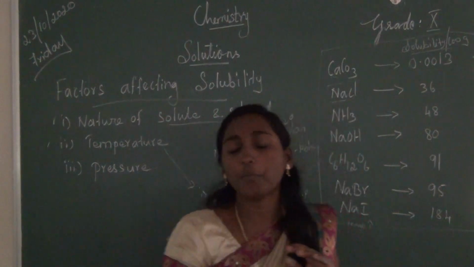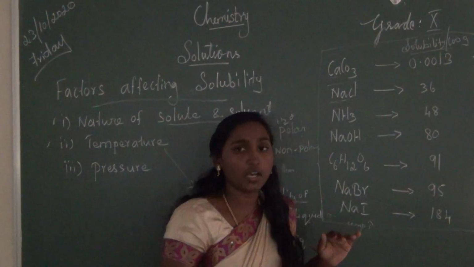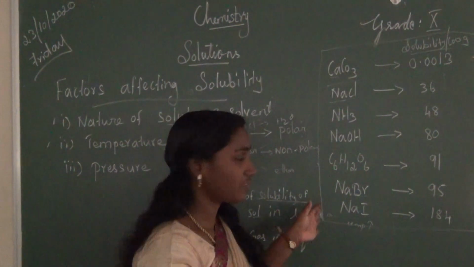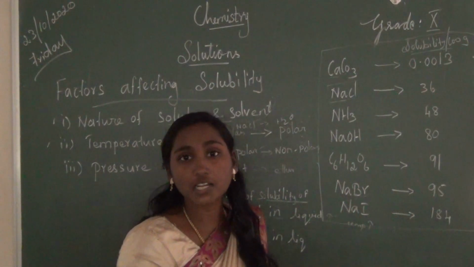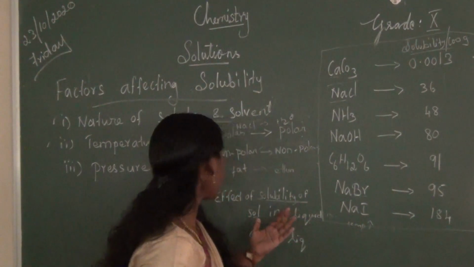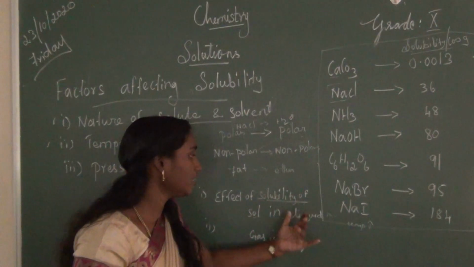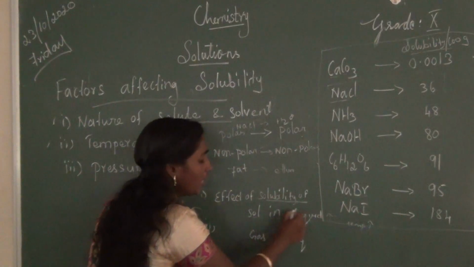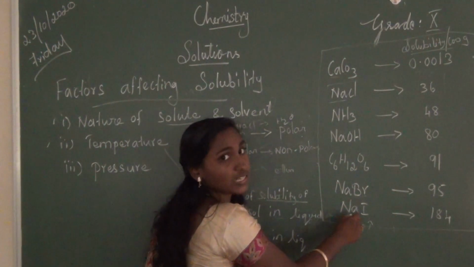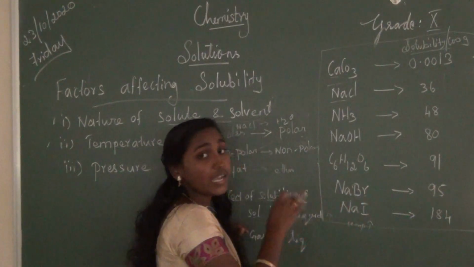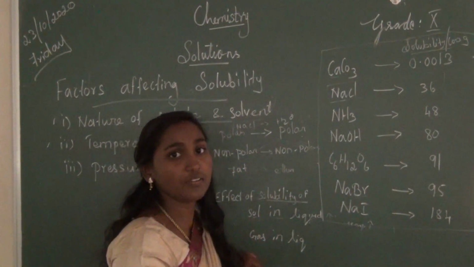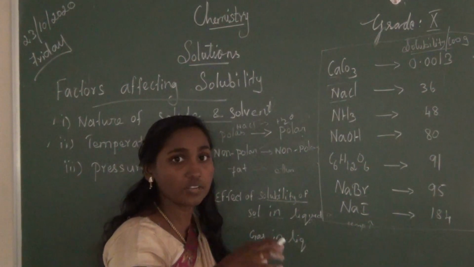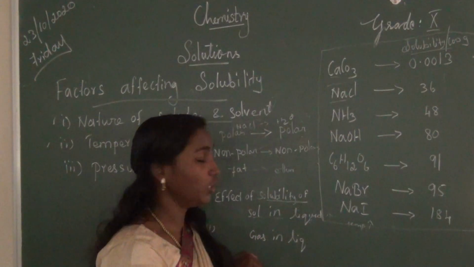water, right? Greater amount of sugar will dissolve in warm water than cold water. So here what we understand, if temperature increases, solubility also increases. This is the simple term. So solubility of solid solute in liquid solvent increases as temperature increases. That means greater sugar will dissolve in warm water than cold water. More amount of sugar will dissolve in warm water than cold water.